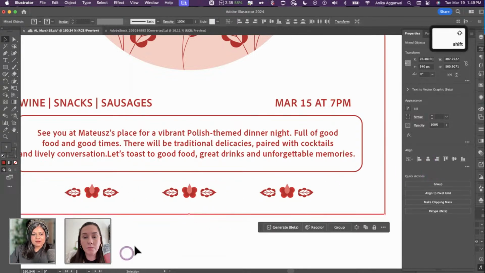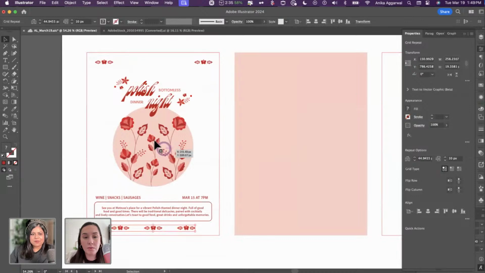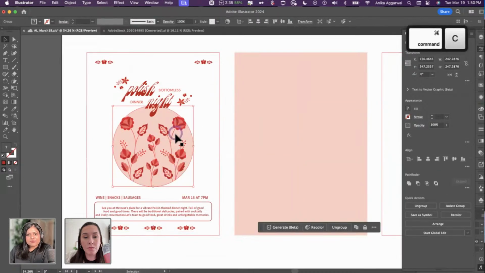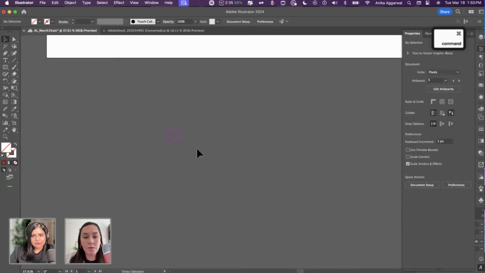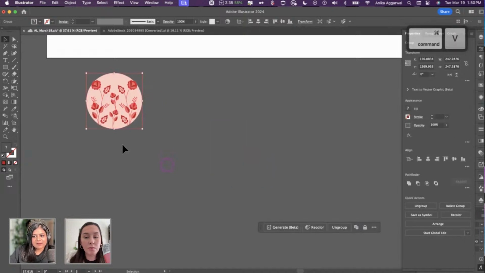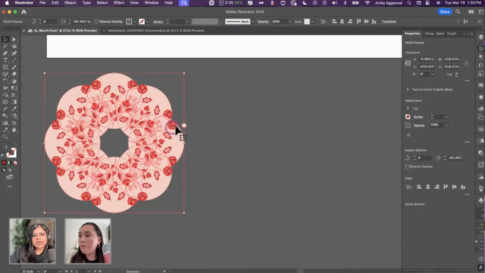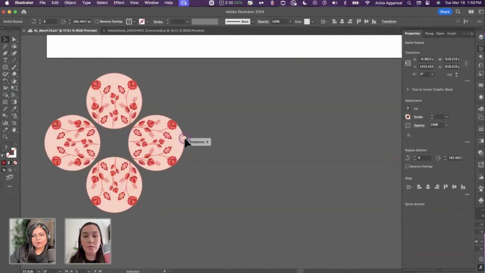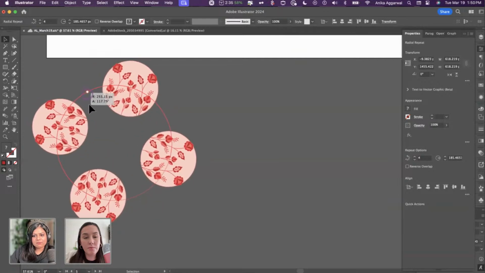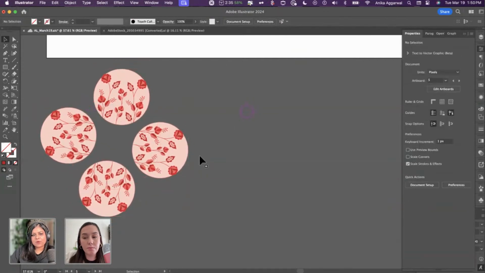Almost. And then you can make all the fun things. Just as an example, I want to take this guy here and show you something really quickly, just because we are talking about it. This is a group that I made, and I can go to Object, Repeat, and there are three options: radial, grid, or mirror. With the radial, I can increase or decrease the number of occurrences, and I can make it bigger as well, like how closely or further apart they are. That's one.